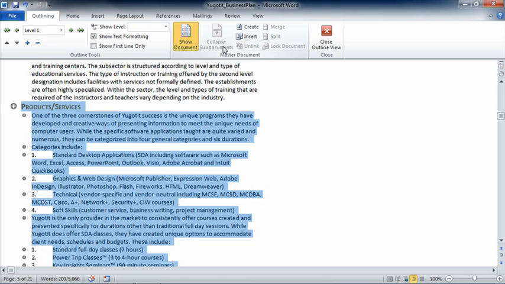I know that was a very quick overview, but we want to invest more time in the actual outline view since not a lot of people use the master document features. So with that little bit of intro, let's move on to the main group that we're interested in, which are the outline